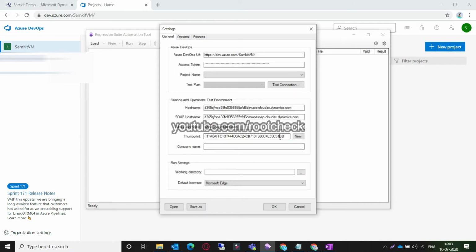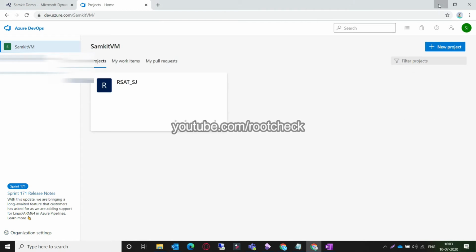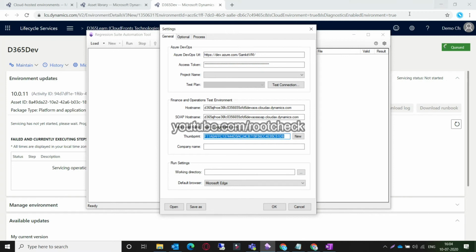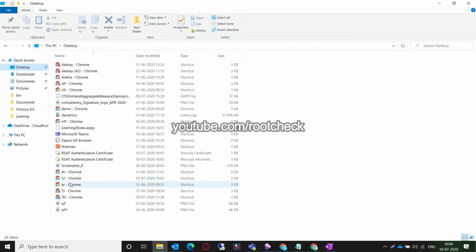And now, as you know that Microsoft has removed complete access of UAT, we need to perform some different steps for the UAT environment, which I will show how to configure in the later part of this video. And once the thumbprint is generated, you need to copy this thumbprint as well as the certificate and certificate installer to the desired VM, the VM where we are going to run this automated tool for the testing. And you can see the certificates are generated and the installer is also generated here.